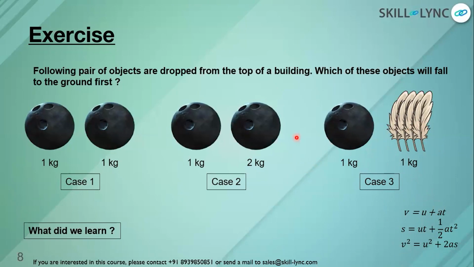Exactly, guys. Very good. So the difference is because of the air resistance. The air resistance will be different for the first ball, it will be different for the second ball, which is why the effective force or effective acceleration on the bodies will be different. Perfect. All right, now let's move ahead.